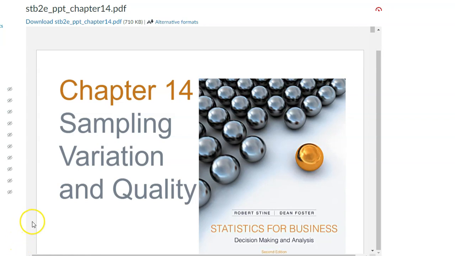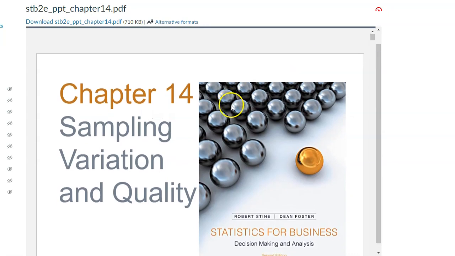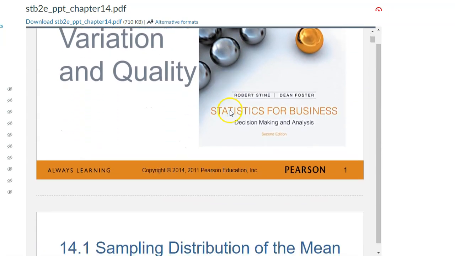Hi everyone, today we'll go over chapter 14, sampling, variation and quality, or in general we can say control charts. Let's see what control charts are. The topic you learned earlier in the past few weeks